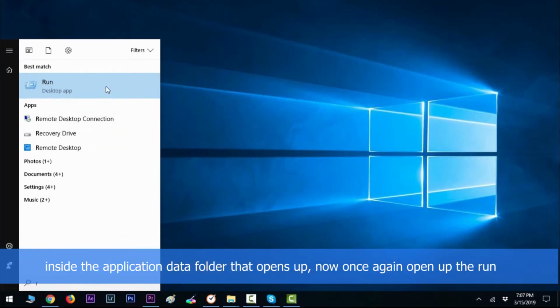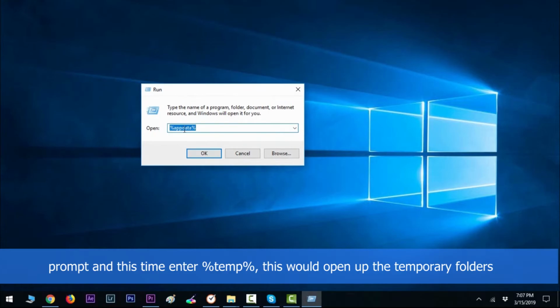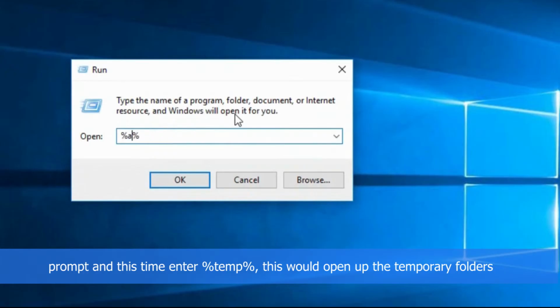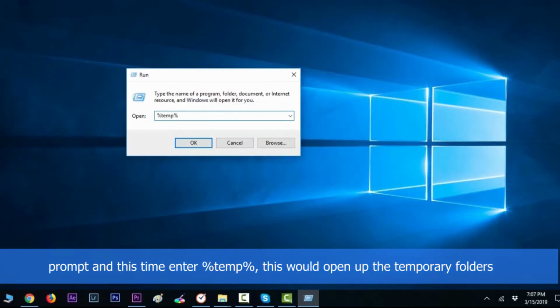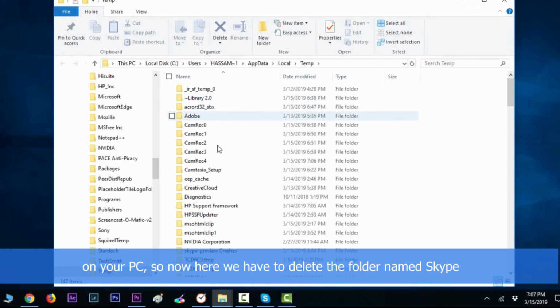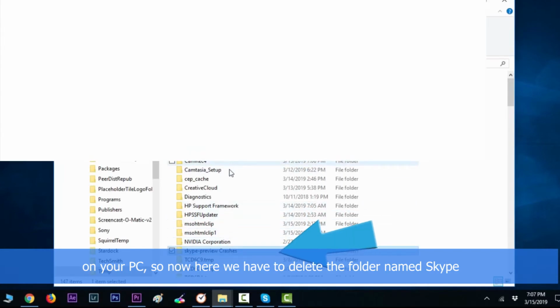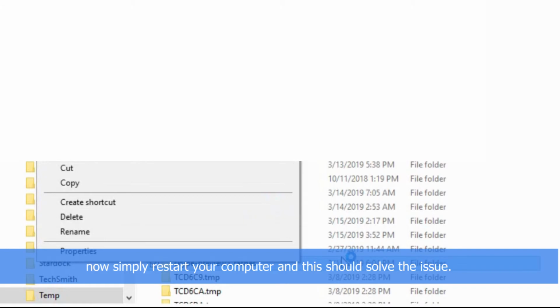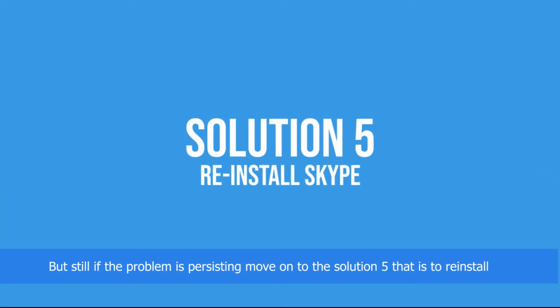Now once again open up the run prompt and this time enter %temp%. This would open up the temporary folders on the PC. Now here we have to delete the folder named Skype. Now simply restart your computer and this should solve the issue. But still, if the problem is persisting, move on to solution number 5, that is to reinstall the application,